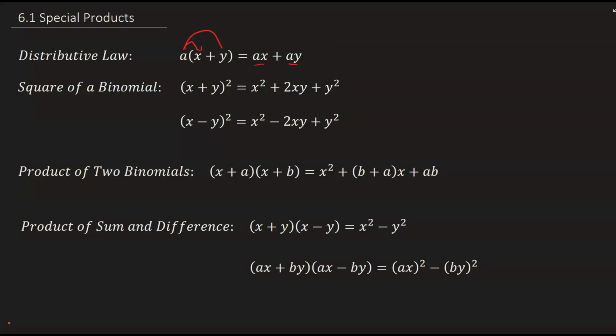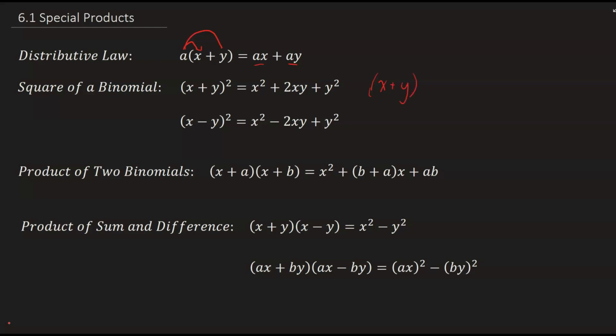The square of a binomial. We have a binomial here, x plus y. When it is multiplied by itself, we end up with, well, we have an x squared on one end, the other end has y squared, and the middle term is 2xy. Now you probably know this from looking at the product formed